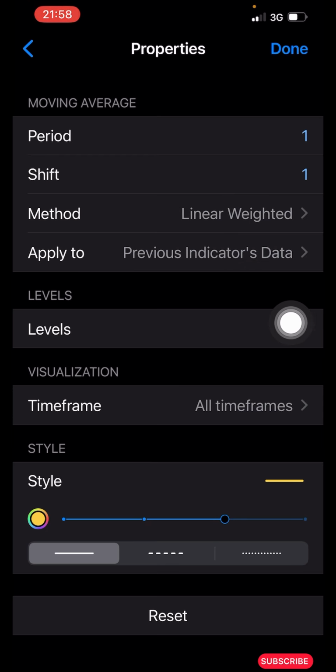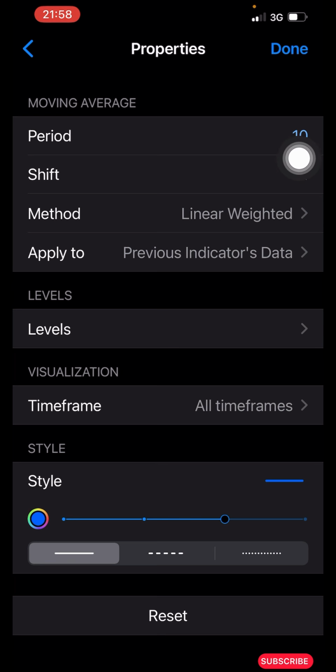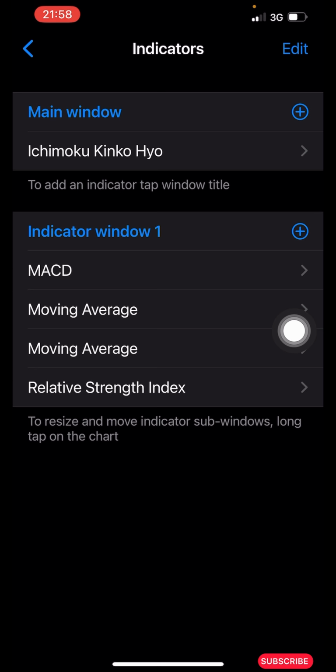The level, you leave it as it is. Time frame is all time frame. Now the style, you make it color yellow, 4 pixel. You click on done, right? Now the second moving average, you click on this plus icon again, you search for your moving average. The period, you change it to 10. All right, every other thing is the same. You click on done. The relative strength index, you are going to click on this plus icon again, then you